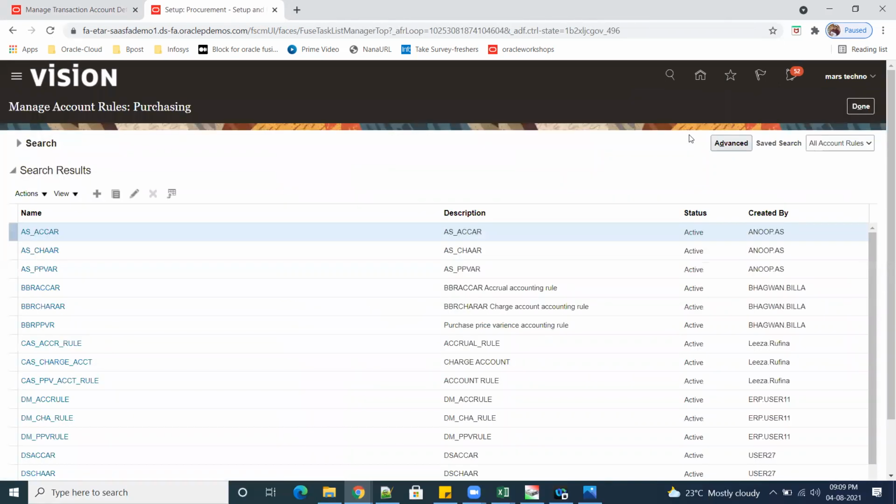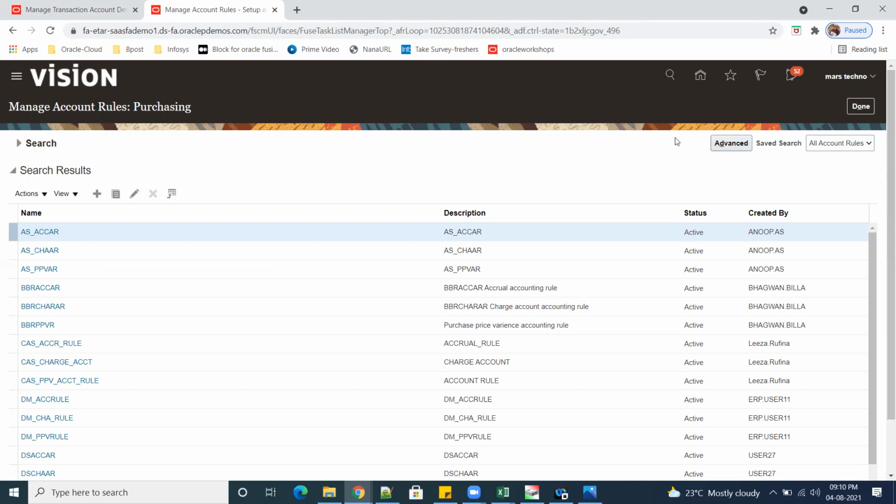In these accounting rules, either you can build the accounting rule directly, or you can first build a mapping set, and then the mapping set will map to the accounting rule. Those are the various options.